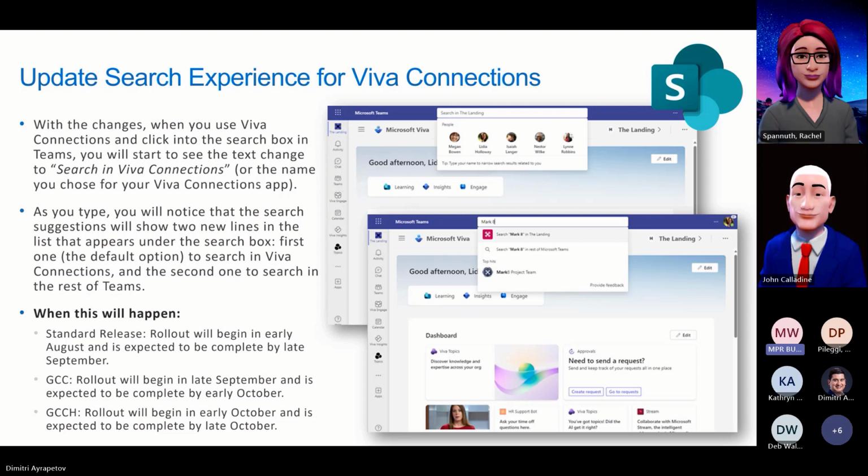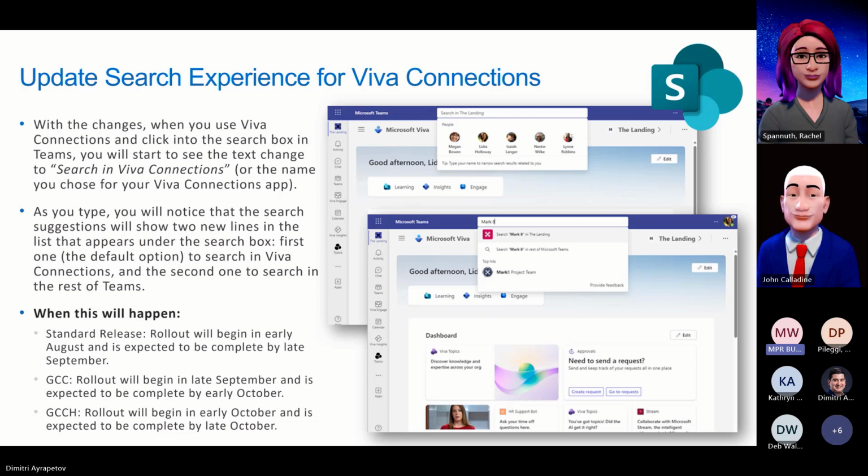So the first thing we want to talk about is a new search experience for Viva Connections. So this is if you're accessing your SharePoint intranet from within Microsoft Teams. And previously, the search experience was a little bit disjointed. So now if you're going to do a search, the first thing you'll notice at the top of Teams is that instead of saying search, it says search in the name of your intranet. So like in the screenshot, the intranet's called the landing. And if you take a close look at the top here above the people, it says search in the landing. So you're aware that you're not just searching all of your Teams chats and conversations, you're specifically looking for content